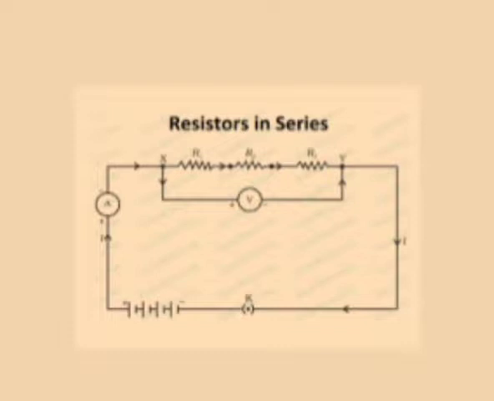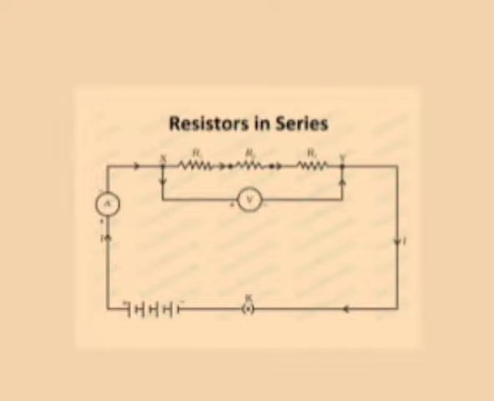There is a battery. Positive terminal of the battery is connected to the positive terminal of the ammeter. Negative terminal of the ammeter is connected to the resistors and it is connected to the positive end of the voltmeter. Negative end of the voltmeter and the resistors are connected to the plug key and it is connected to the negative terminal of the battery. In the circuit diagram, there is an arrow mark. It shows the direction of current.